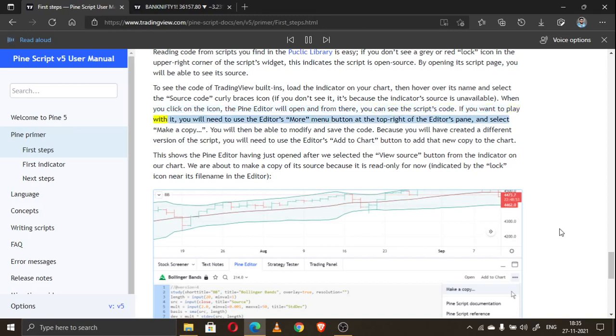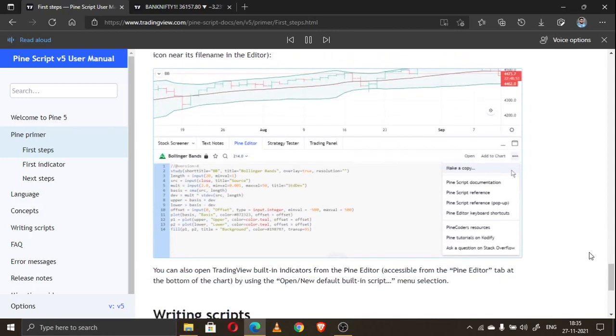If you want to play with it, you will need to use the editor's More menu button at the top right of the editor's pane and select Make a Copy. You will then be able to modify and save the code. Because you will have created a different version of the script, you will need to use the editor's Add to Chart button to add that new copy to the chart.